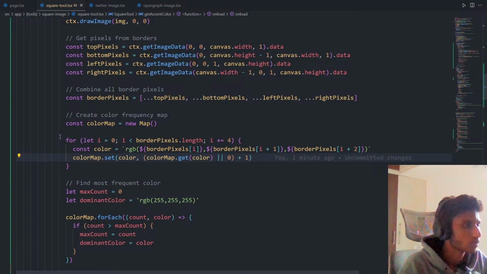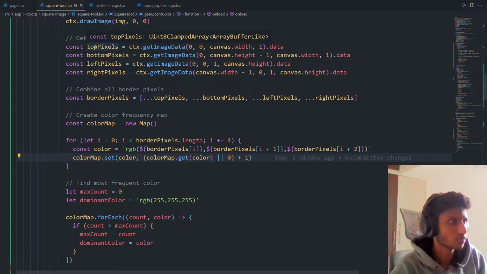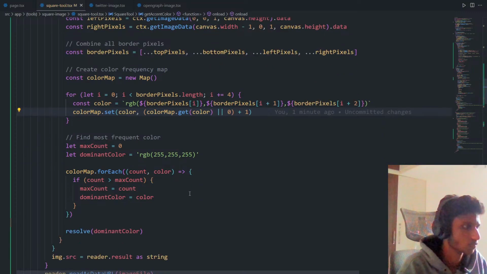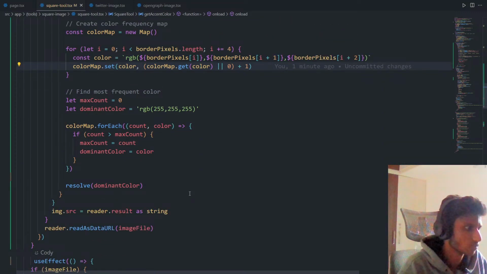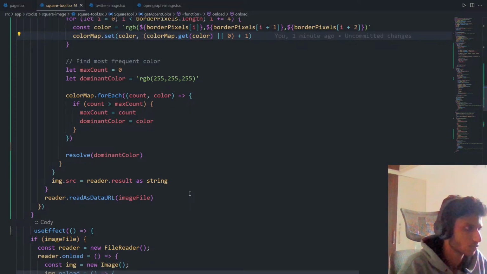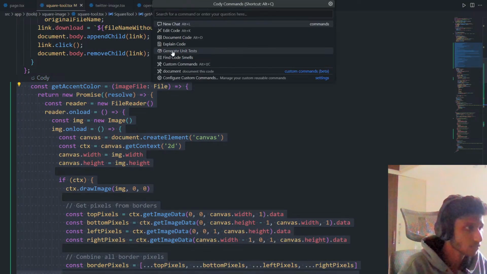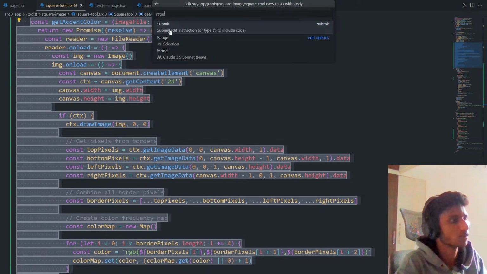Okay, so here we get color map frequency. Return the